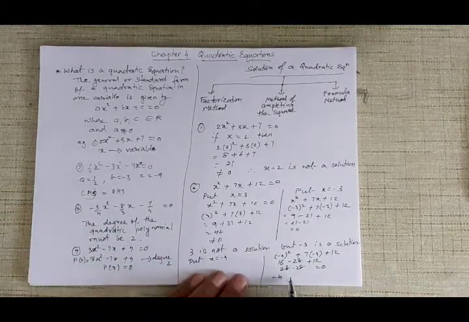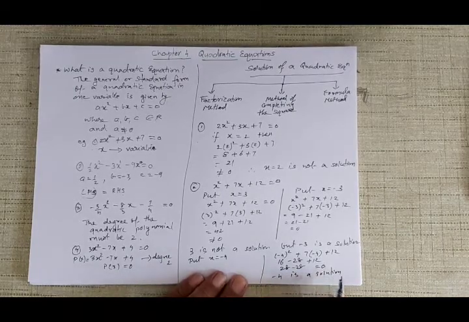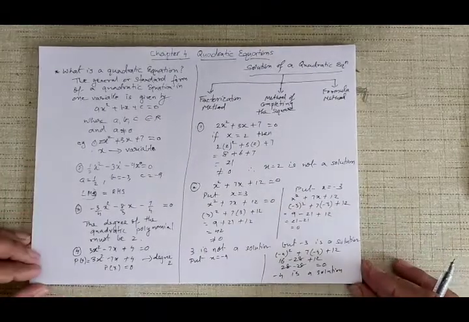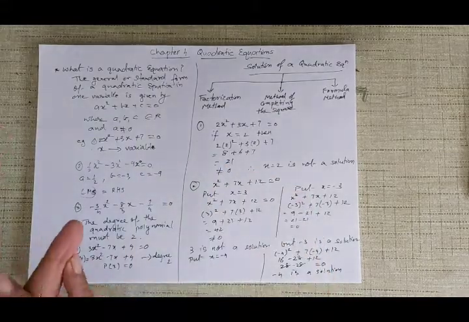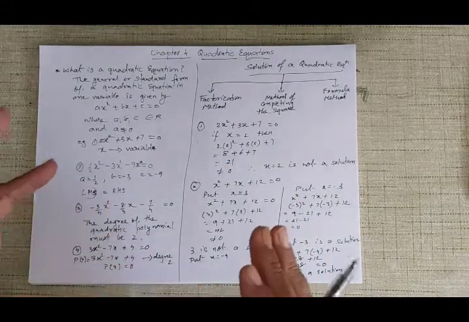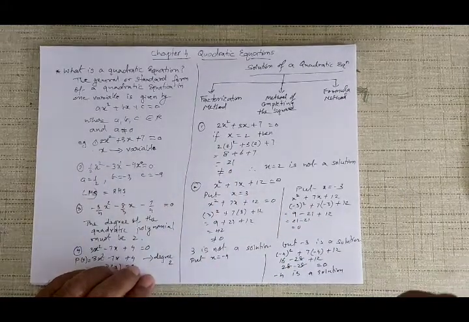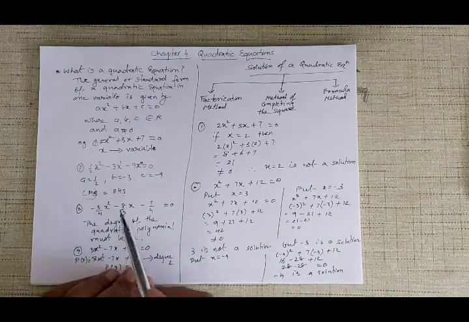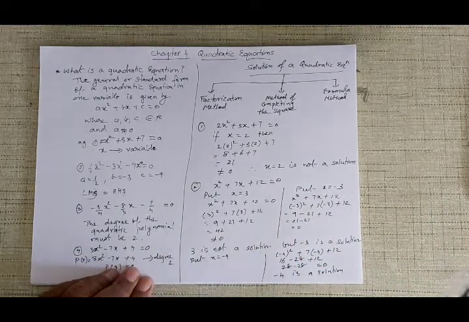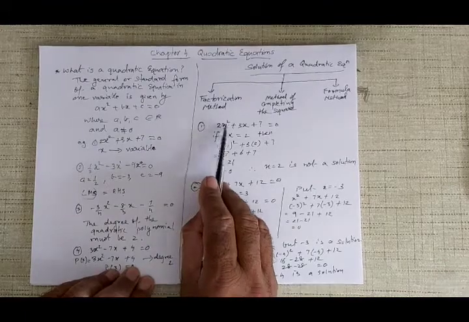So minus 4 is a solution. So in other words, I have got two solutions, minus 3 and minus 4. Both are solutions of this quadratic equation. Okay, and in fact the degree of a quadratic equation is 2, so it can have maximum 2 solutions, and those 2 solutions in this case are minus 3 and minus 4. It cannot have 3 solutions. It can have 0 solutions, it can have 1 solution, or it can have 2 solutions, but not more than 2 because its degree is 2.